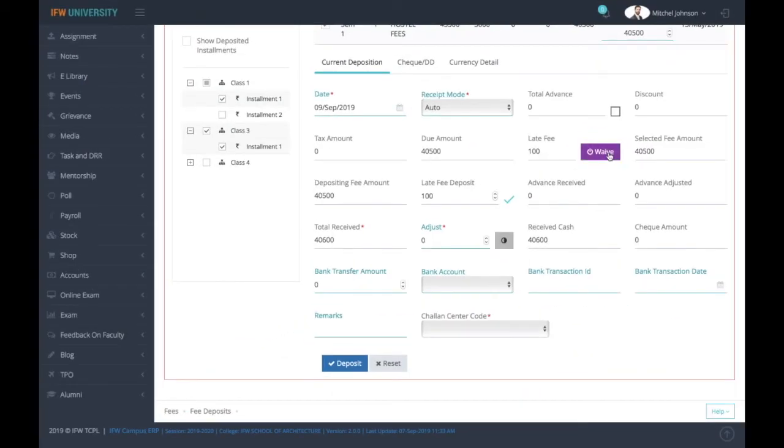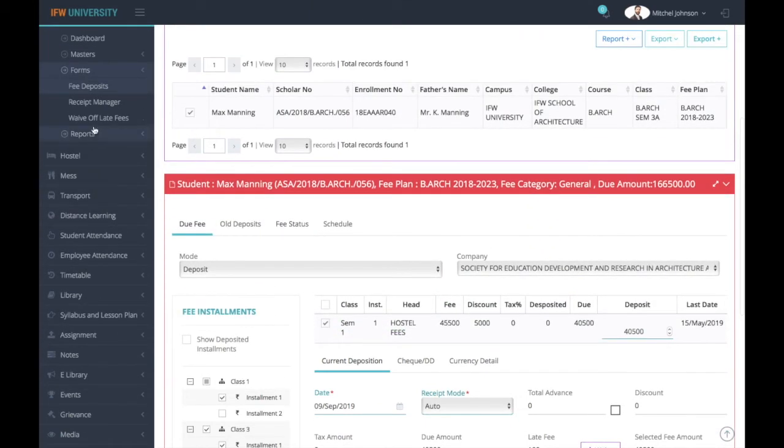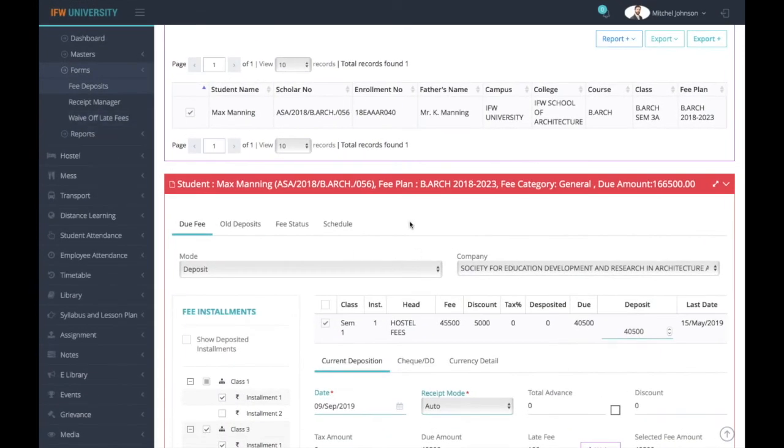If you want to waive off the late fees, you have to click here. A waive off request will be sent. See, the late fees waive off request has been sent to the authorized person. And this late fees can be waived off using this form, waive off late fee, which we will look at later.